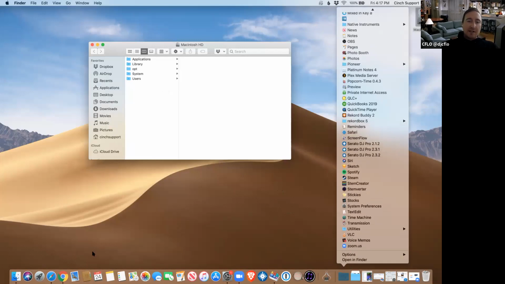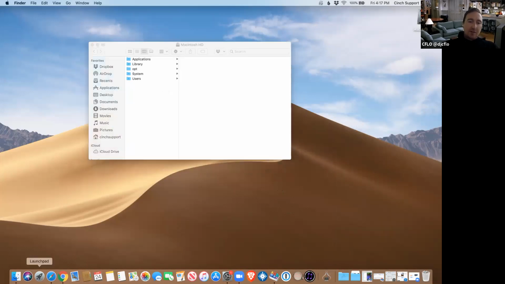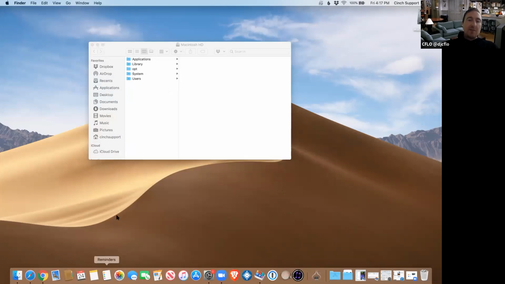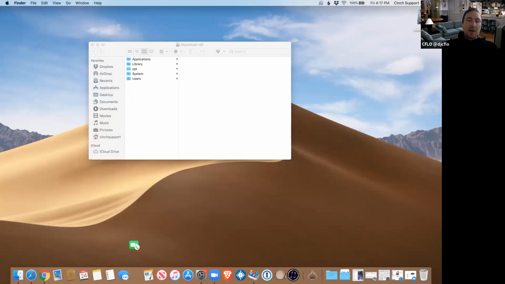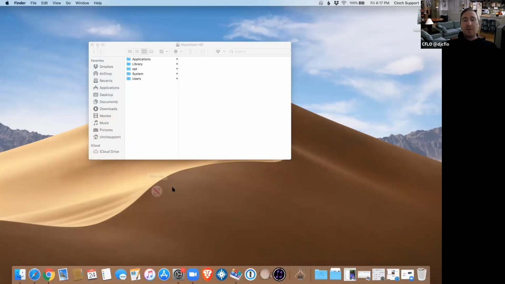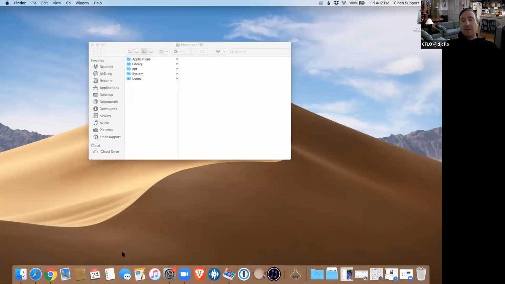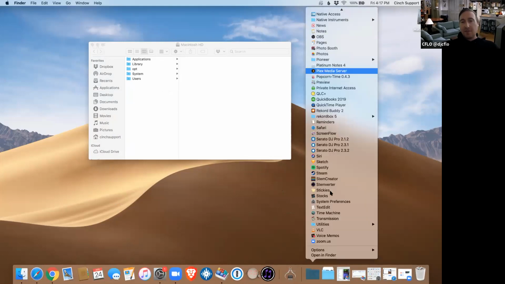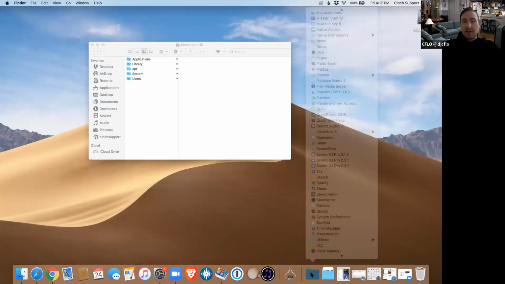So you don't need to have your dock clogged up with all this stock Apple stuff that you don't use. Even if you use it sometimes, I would really only put the things that you want access to all the time in your dock, because even though I'm tossing them out of the dock, they're still visible right here. It's one click away.